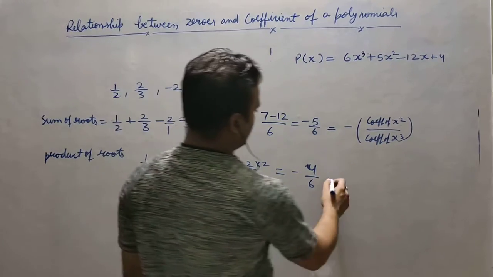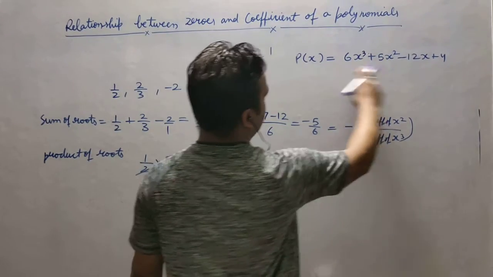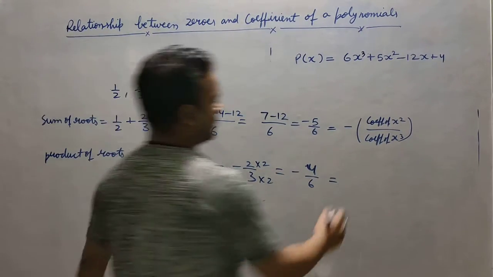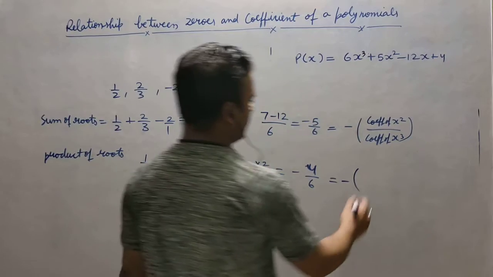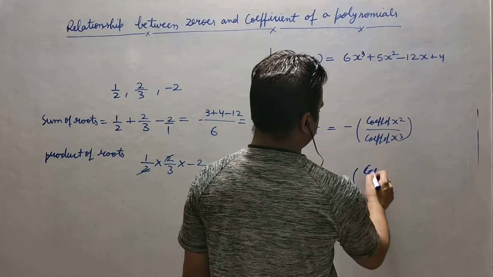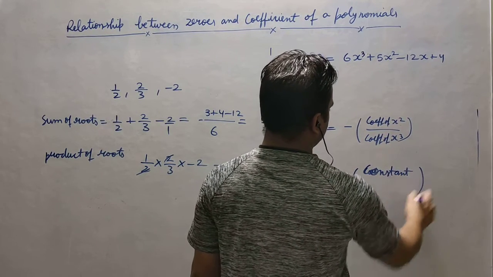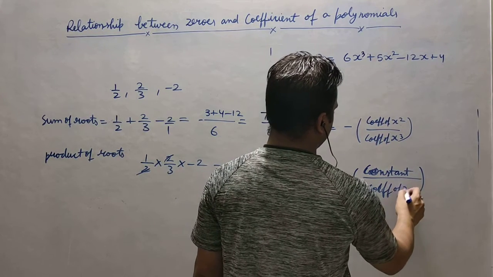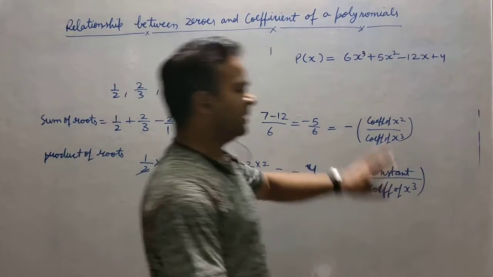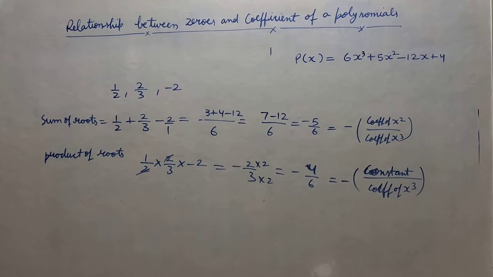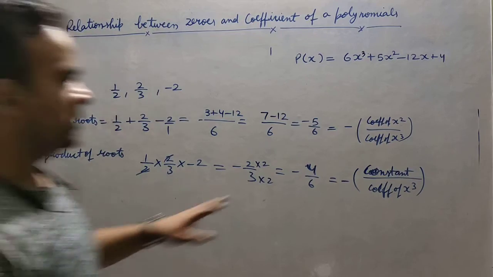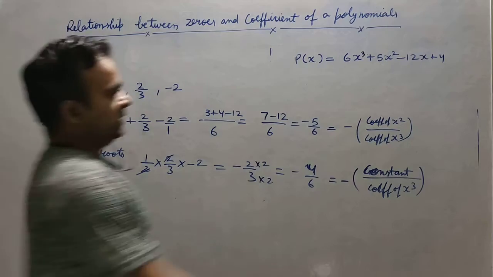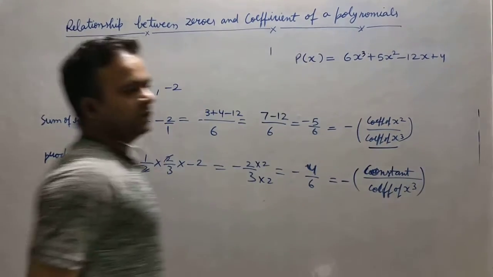You can see there. Minus is not there. 6 is already in plus and 4 is already in plus. So it means minus. How can this minus come here? It means it is the formula. So minus we are using as a formula, and it will be constant term upon coefficient of x cube. Means denominator part is same here also. In quadratic we were using the coefficient of x square, and in this case we are using the coefficient of higher degree. Actually we use the coefficient of higher degree in the denominator.